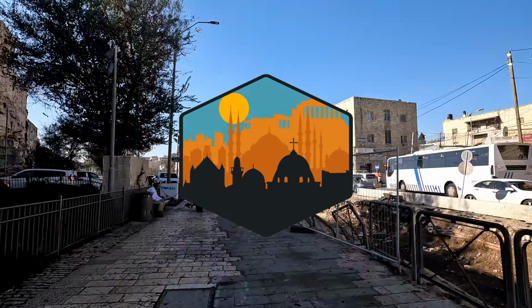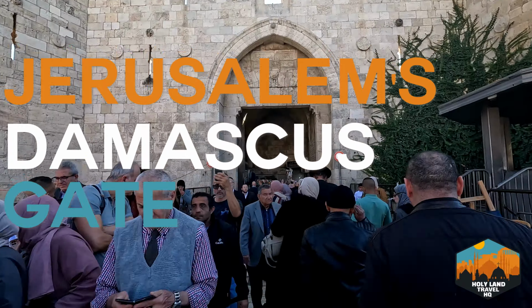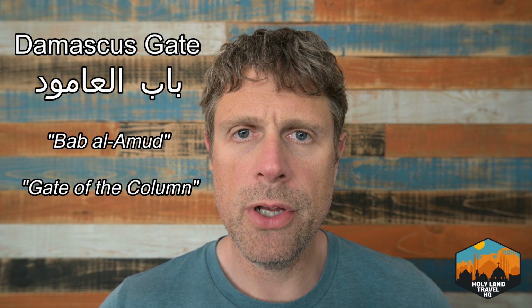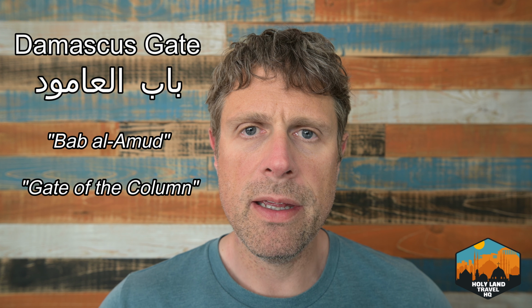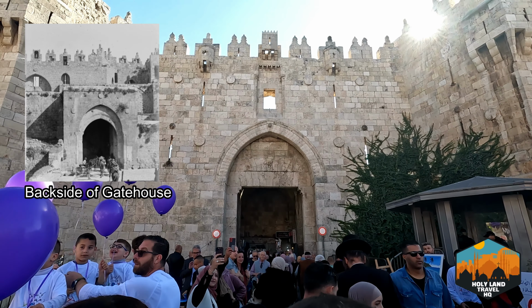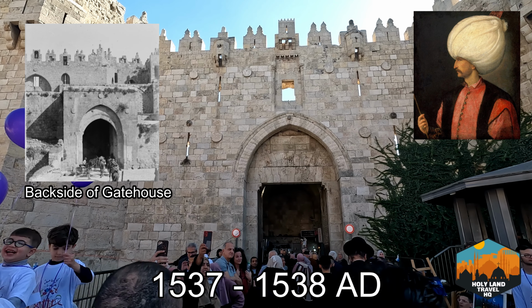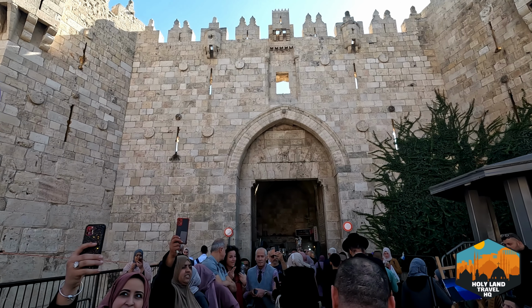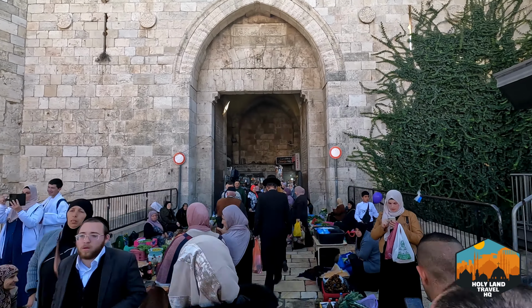We've been discussing the gates of Jerusalem's Old City. Today, let's look at Damascus Gate. Known as Bab al-Amud in Arabic, or the Gate of the Column, Damascus Gate is the primary northern gate into Jerusalem's Old City. The current gatehouse and facade were constructed by the Ottoman ruler Suleiman the Magnificent in 1537 and 1538. However, the gate has gone through several iterations as far back as the Roman period and possibly the Second